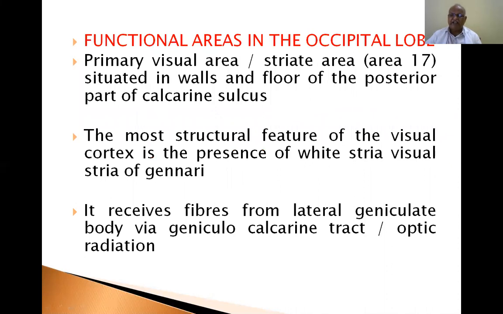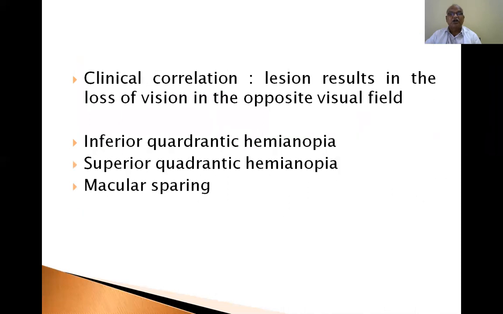What are the functional areas present in the frontal lobe? What are the functional areas present in the parietal lobe? What are the functional areas present in the occipital lobe? What are the functional areas present in the temporal lobe? So, lesion of that particular area, what function is lost, and what signs and symptoms will be produced. You have to go well through the textbook and also through the PowerPoint.